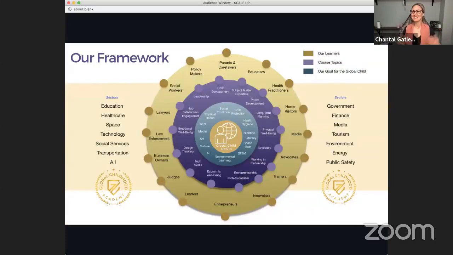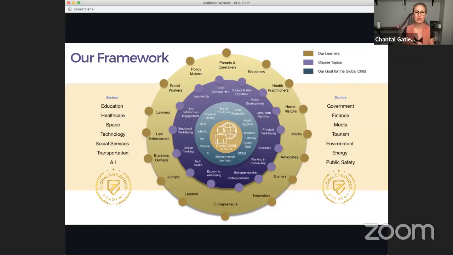Amazing. So that's just a quick little overview and a little takeaway of what Global Childhood Academy really does. But here, what you see on your screen is our powerful framework. And I mean, this may seem very overwhelming right now from the outside looking in, and I understand that, but it's just to show you how powerful and how thorough our framework is, because our goal and our vision is very child-centered. That's what our platform is about.